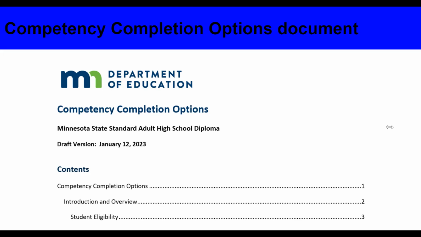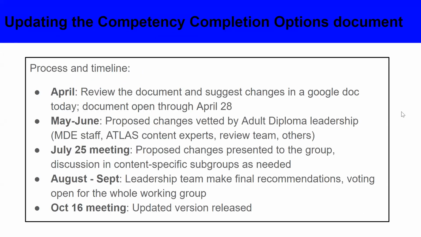Some of you might remember that in the past, we did this as a whole group back when we used to meet in person. So this is kind of the first time we have done this process online, but hopefully we think we've got a timeline and a process that will work out pretty well. So I just want to walk through what the plan is for our process and the timeline.